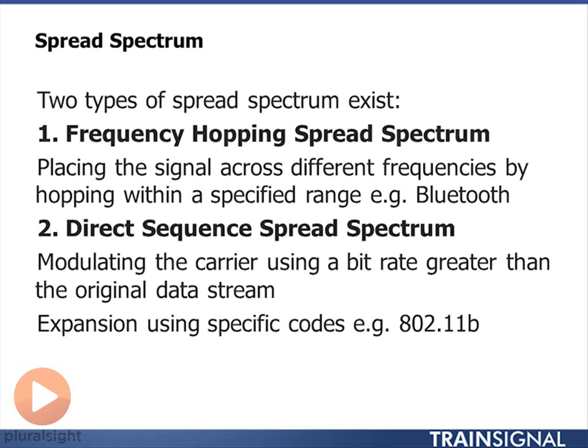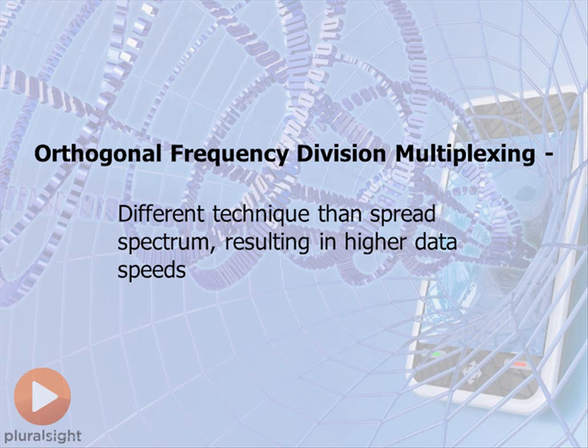And this is a much more important technology to try and understand when it comes to Wi-Fi. 802.11a/g/n and the newer standards, AC, all support OFDM. So OFDM is simply a different technique than spread spectrum, and is a more complicated technique. Sometimes the radios therefore tend to be a little bit more expensive,